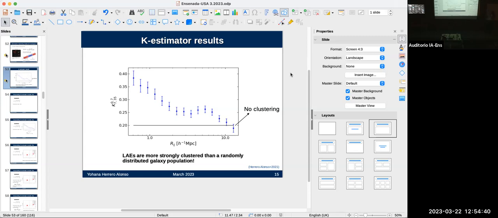This bump here, in the first paper, we were really puzzled by this. We did a lot of tests because in the beginning we thought maybe there was some kind of substructure in the sample. The conclusion was that this is a statistical fluctuation, because each of these data points is correlated. If you put one of these points slightly higher, the points around it are going to follow. So one of these points may have gone up and the others just followed it. In fact, I checked that when I change the bins, this bump disappears. So it's just a statistical fluctuation.